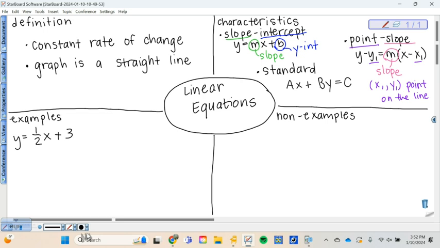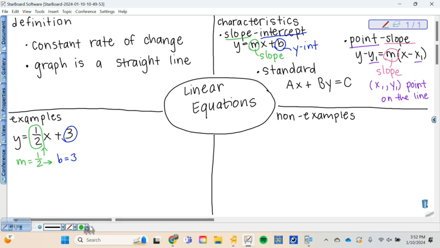That's 1/2. That's my slope, the number attached to the x. And what is b? 3. Okay. What does a slope of 1/2 mean? Good. Up